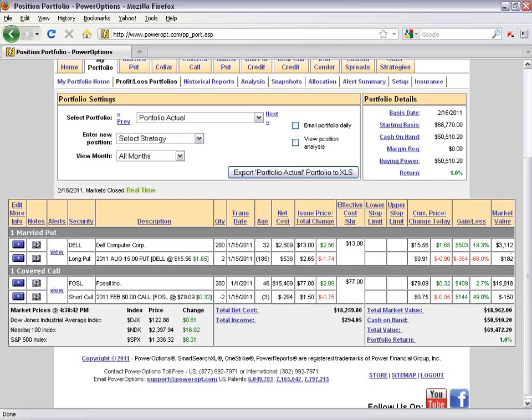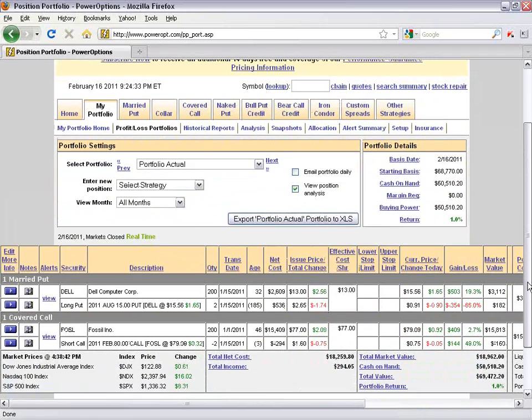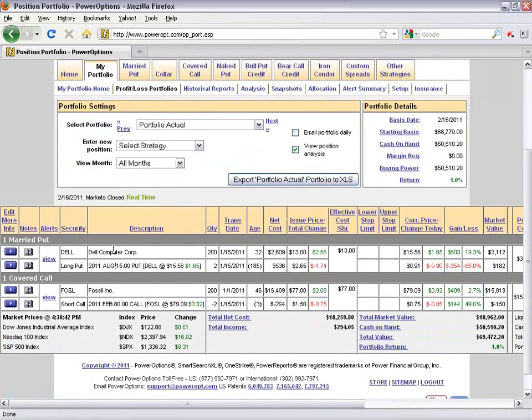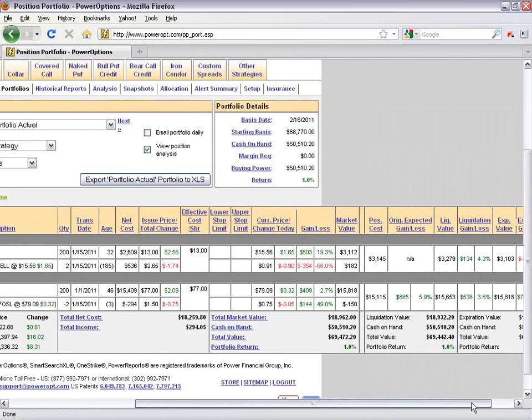Well, to do that, notice over on the right here in the main portfolio, you have selections to have the portfolio emailed to you daily or to view the position analysis. What I'm going to do is check that box for View Position Analysis, and it's going to add 6 extra columns on the right-hand side for us. Okay, so we're still in the same portfolio. Here we have our individual positions, but now as I scroll over to the right, the top position is Dell,